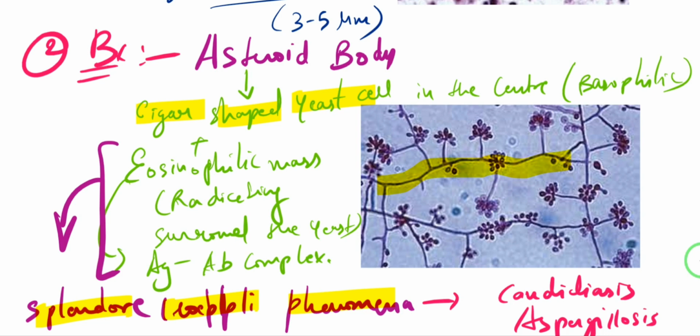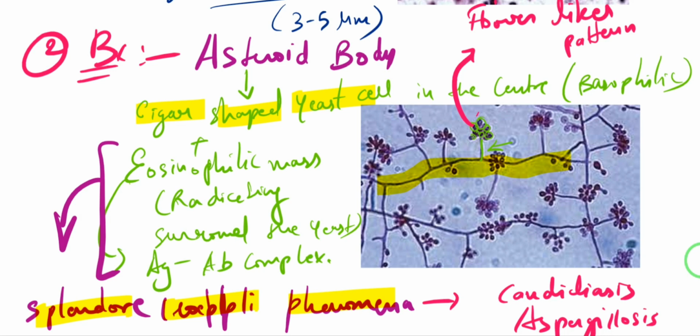hyphae, right? And this is the conidiophore, this stalk-like thing. This stalk-like thing arising from the septi, from the hyphae, is the conidiophore, which is containing these unicellular microconidia on its top, and it appears like a flower. Okay, so we also call it flower-like pattern. Flower-like pattern of microconidia, or you can remember rosette-like pattern. And from rosette, you can also remember that it was also known as rose picker's disease or rose gardener's disease,